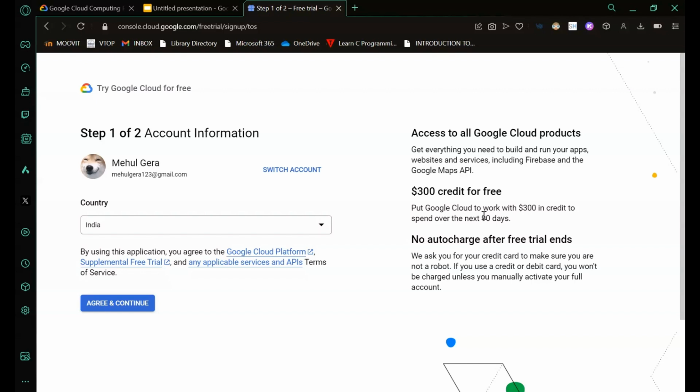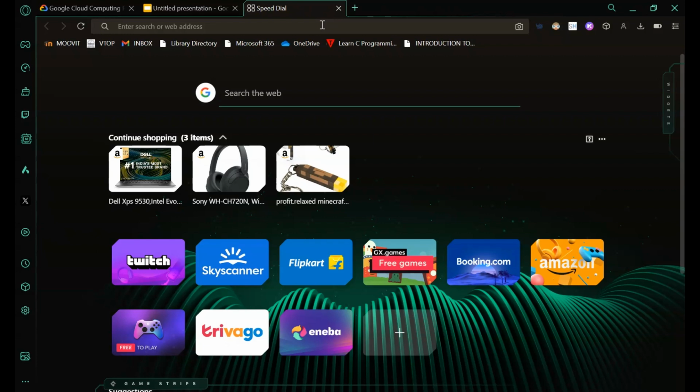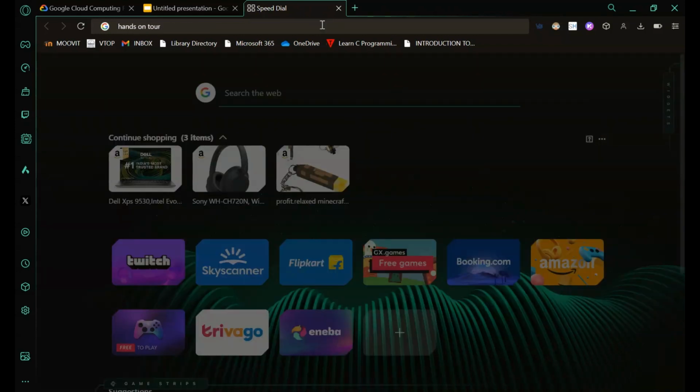Now, I'll be skipping the part where you make the account because I already have an account. Once you're done making your account, you have to search for the Hands-On Tour of Google Cloud lab.